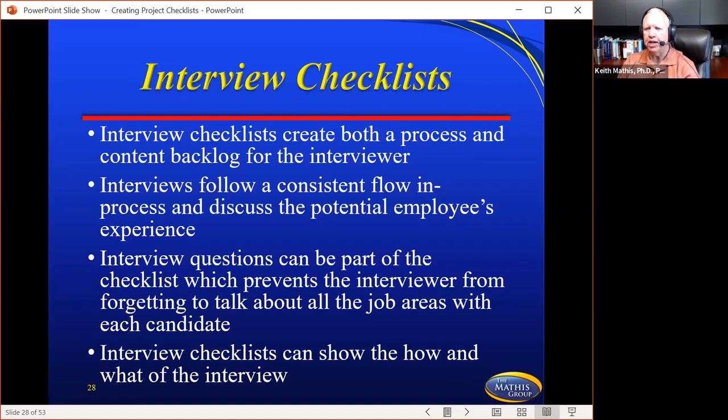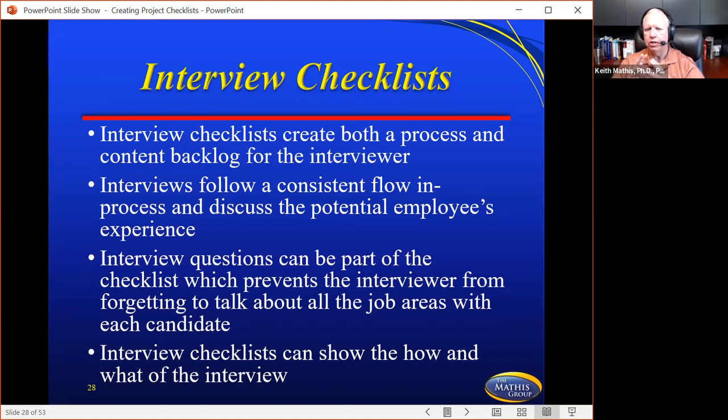Let's go to the interview checklists. Interview checklists create both a process and a content backlog for the interviewer, because we normally are asking specific questions in different topic areas when we're doing the interview. Interviews follow a consistent flow in process. They discuss the potential employee's experience, background, education. Interview questions can be part of the checklist, which prevents the interviewer from forgetting to talk about all the job